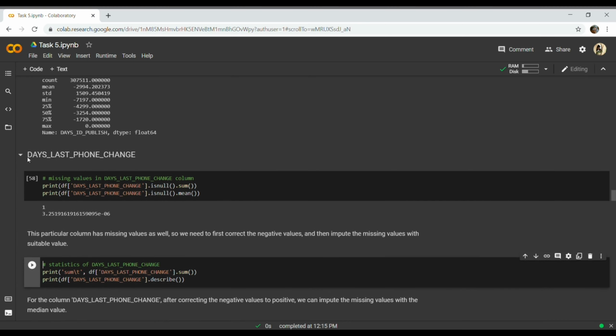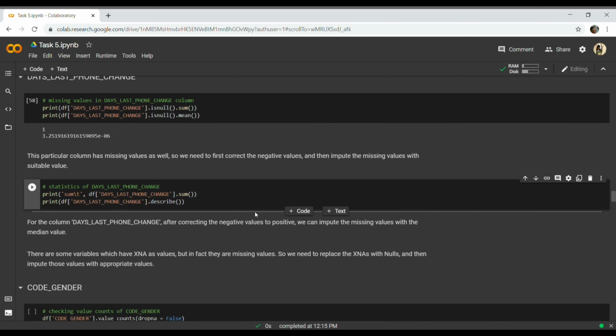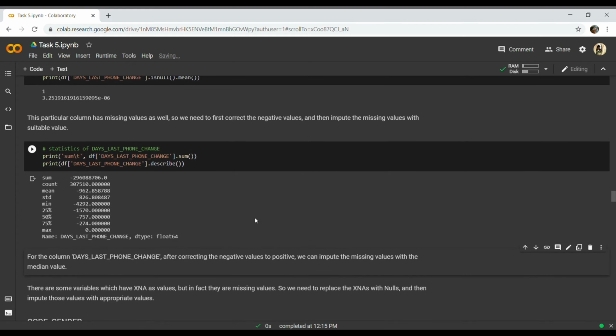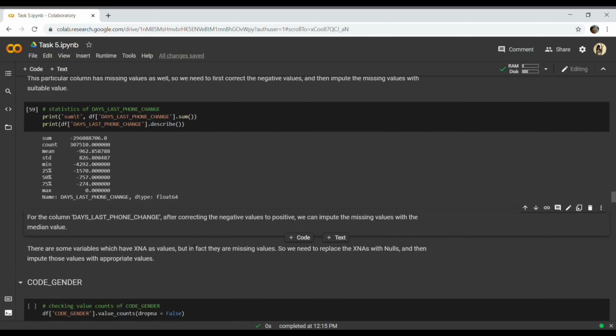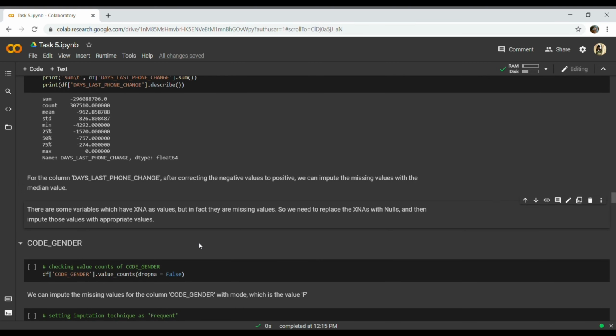This variable has null values also, so we need to find a suitable imputation technique as well. So what is the median? 757 and the mean 962. Not much of a difference, but still it is a difference, so we'll impute it with the median just like the others. And some variables have XNA values.